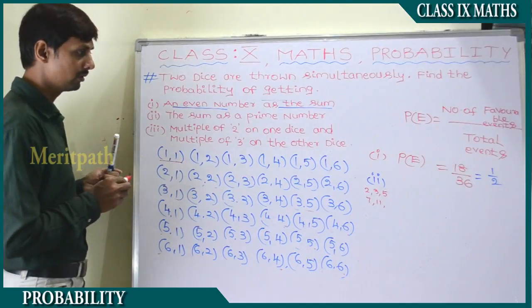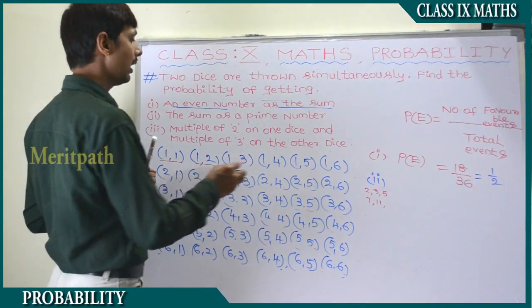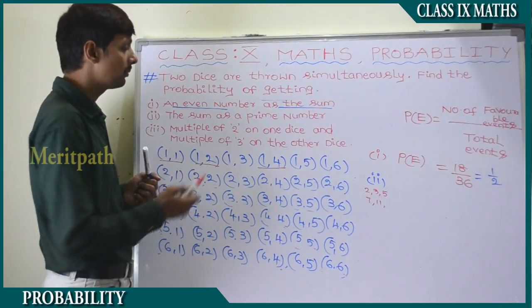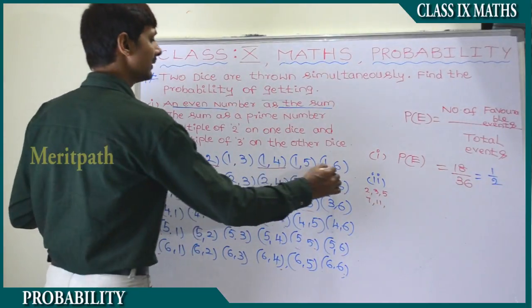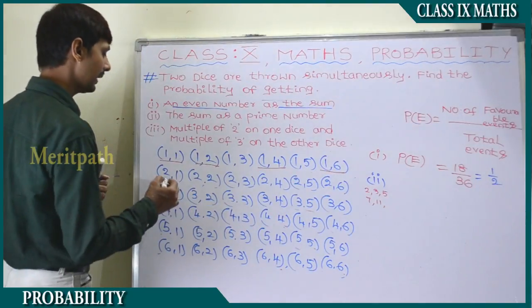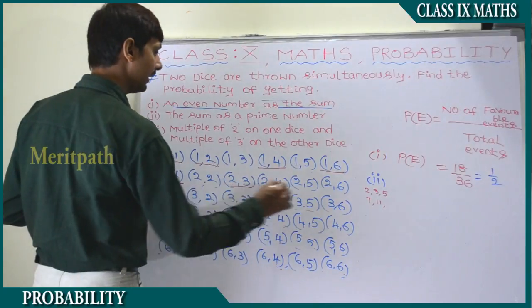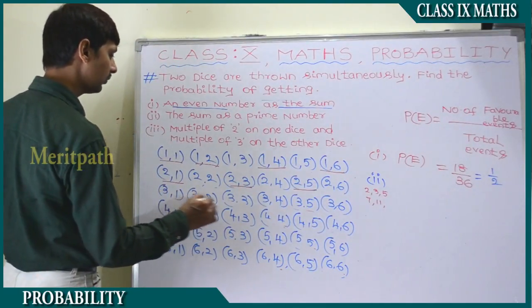Sum as 2 is a prime number, and 3 is a prime number, and 5 is prime. 1 plus 3 is 4, which is not a prime number. 4 is not a prime number. And 7 is a prime number. And then this is also a prime number, and 2, 3, 5, 2, 5, 7, and next one 3, 2, 5,